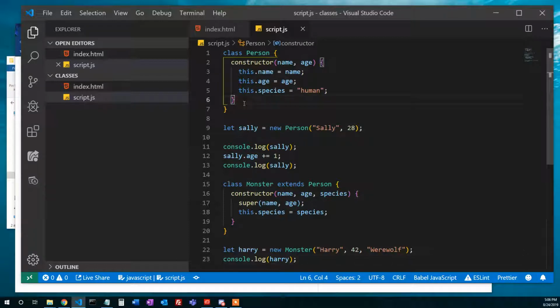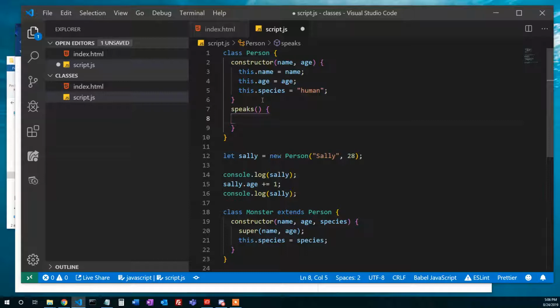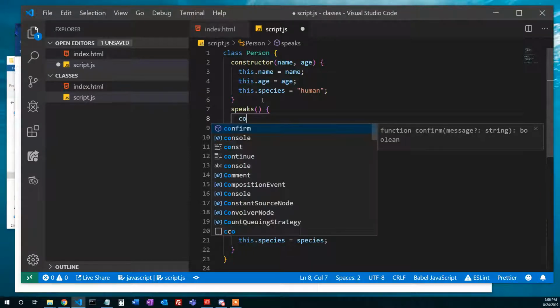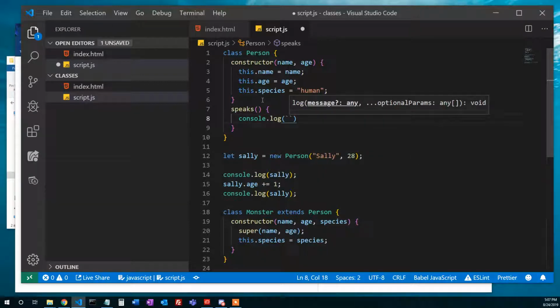So I'm going to play a little bit more with this. Right now we've got a constructor function, or a constructor method, because it's part of the person class. I'm going to create another one. Let's create a speaks method. And if you run the speaks method, it will say console.log, and I'm going to use those backticks again so that I can do a string template. And I'll say name, so it plugs in, well, excuse me, not name, but this.name. So it's going to plug in the name of whichever instance we have,